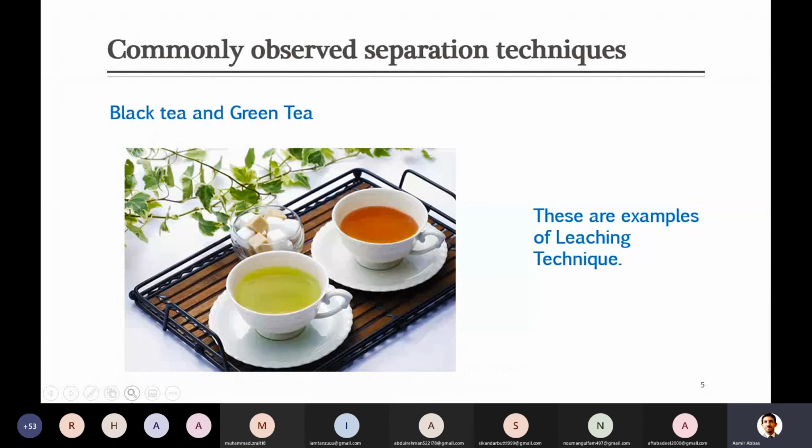Later on, in the second half of the semester, after the midterm, we will study this leaching part in detail. In that you will see that we are always working on something in which we extract some part of a solid and make it part of the liquid stream, or just transfer that solid to the liquid. This is called leaching, and you can commonly see it in tea. Okay, clear about this?